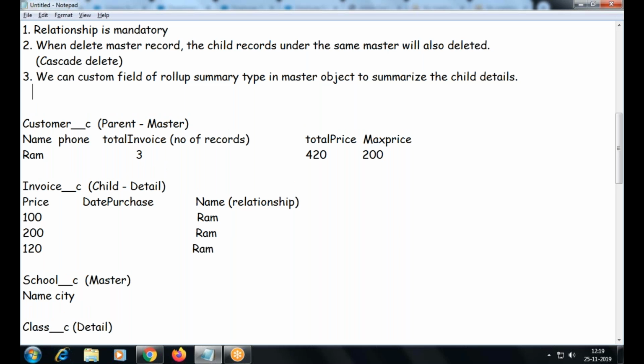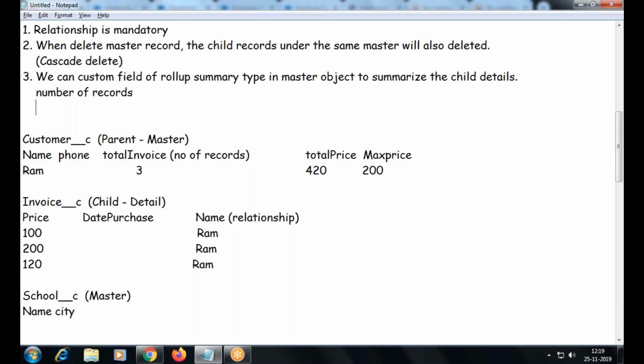So like that, it's going to summarize the details of the child, like number of records, sum of a currency field, sum of a number field. If you have any numbers also, we can count it. Suppose I have a quantity field.